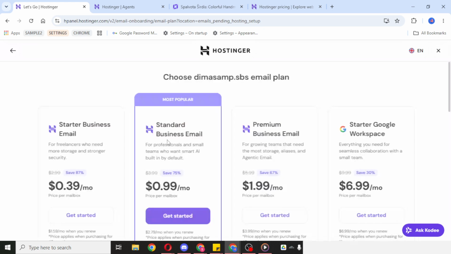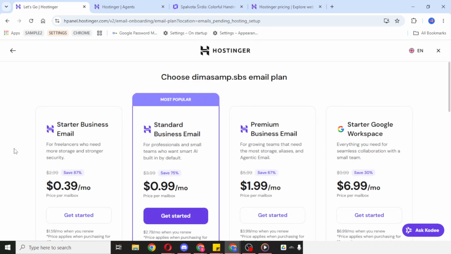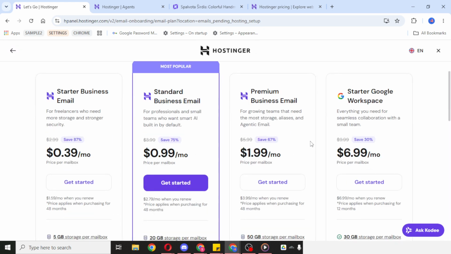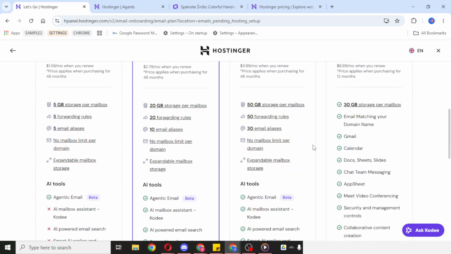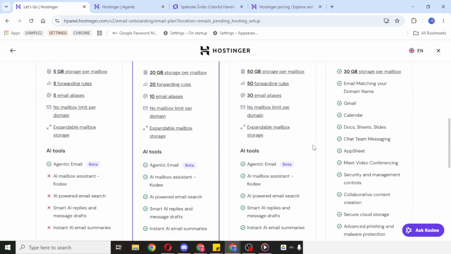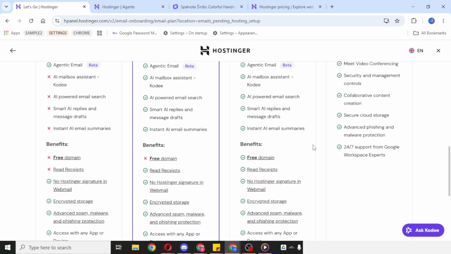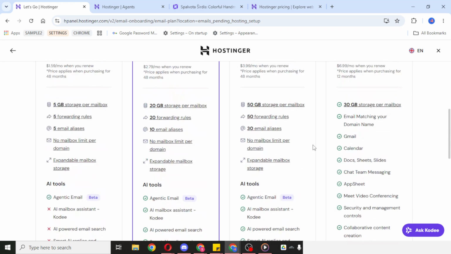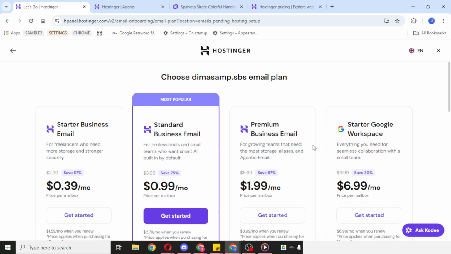After choosing your preferred plan, continue by following the prompts shown on your screen. Hostinger is designed to guide you through each part of the setup, so just move step by step through the process. In most cases, this includes confirming your selection, connecting the email service to your domain if needed, and completing the initial setup. As you go, read each screen carefully before clicking Continue. This helps you avoid selecting the wrong option and makes the setup smoother.